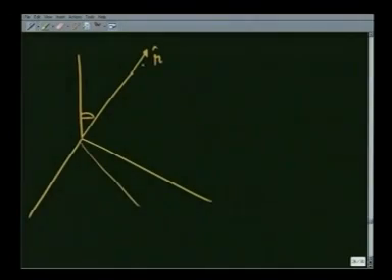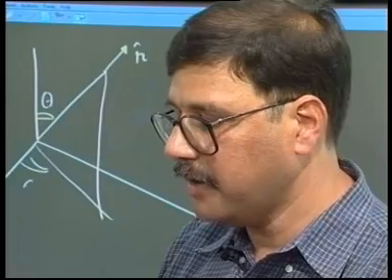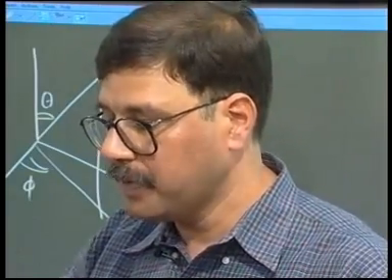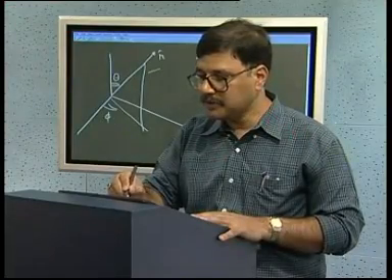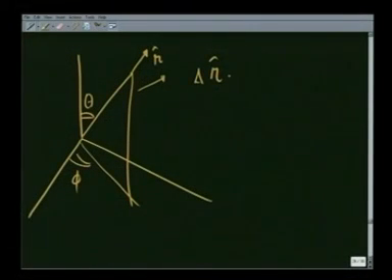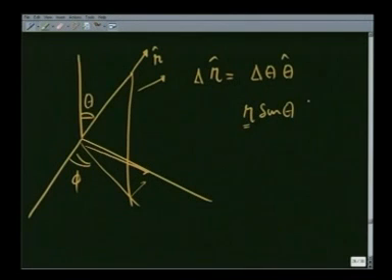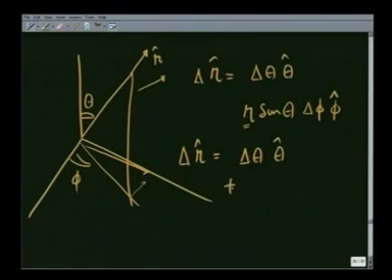If I were to change only theta and keep phi fixed, then you can see the r unit vector is going to change from here to like this, and that change is going to be equal to delta theta in theta direction. On the other hand, if I keep theta fixed and change phi, then the r unit vector, this component is going to change, and that component is nothing but r sine theta. Since this is a unit vector, this r is 1, and it is going to change by delta phi in phi direction, and therefore the net change delta r in r unit vector is going to be delta theta in theta direction plus delta phi